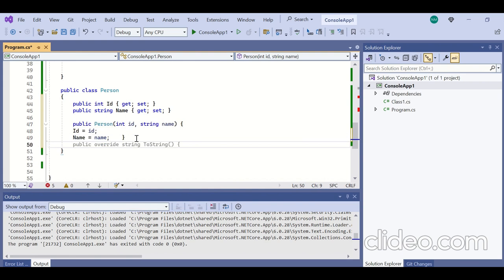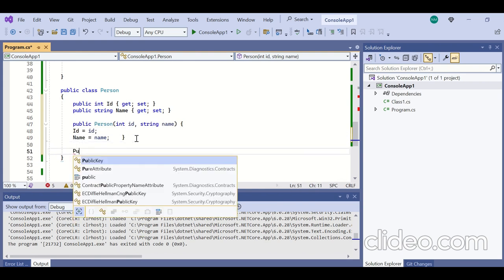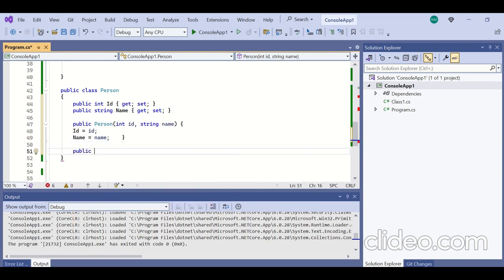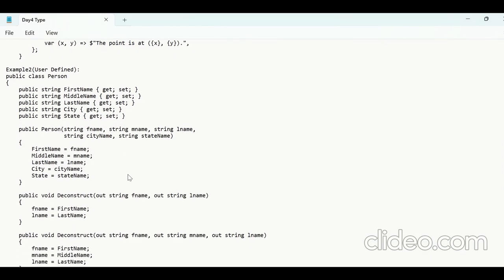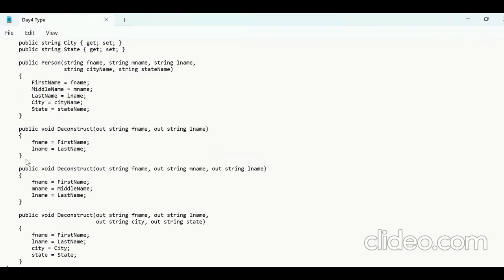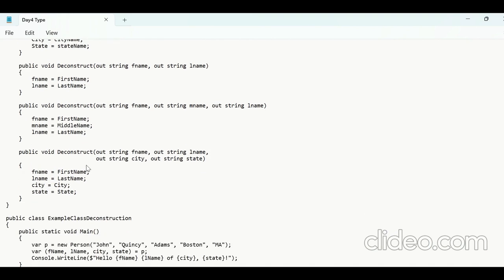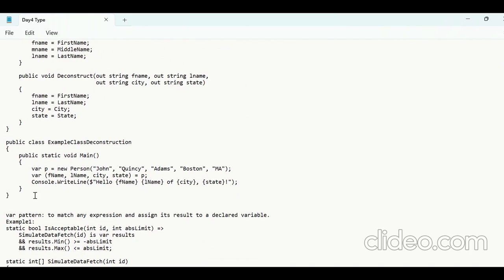Okay, now I will create a method called destruct. It looks something like this. If you see here, we have to create a deconstruct method, which has out parameters. Inbuilt destructuring is not available for user defined types like classes, so you have to create a destruct method. When you create it, see here,